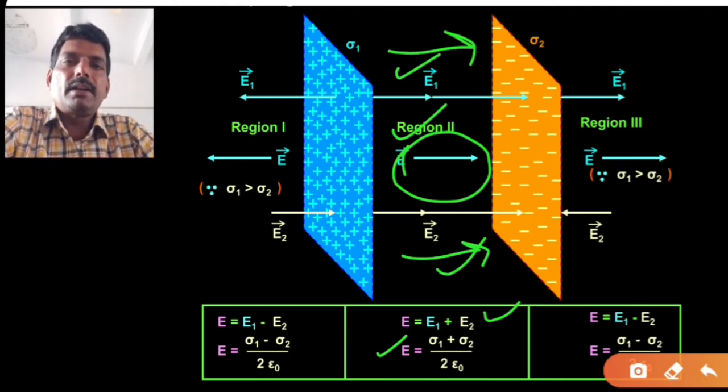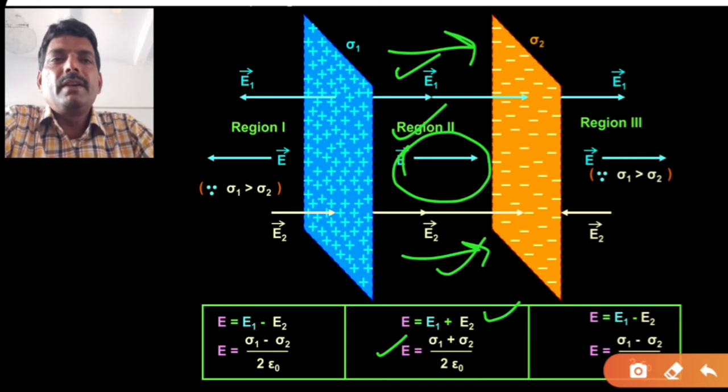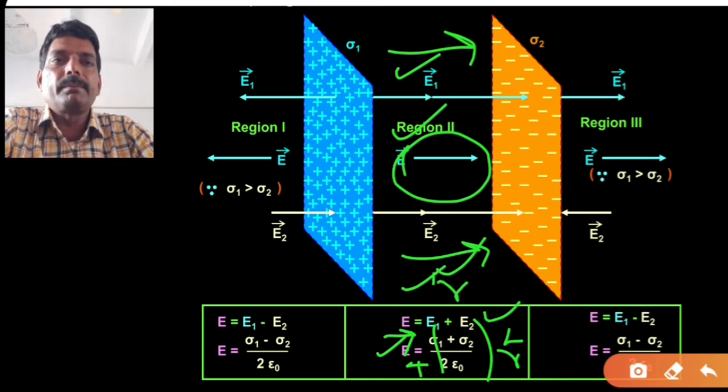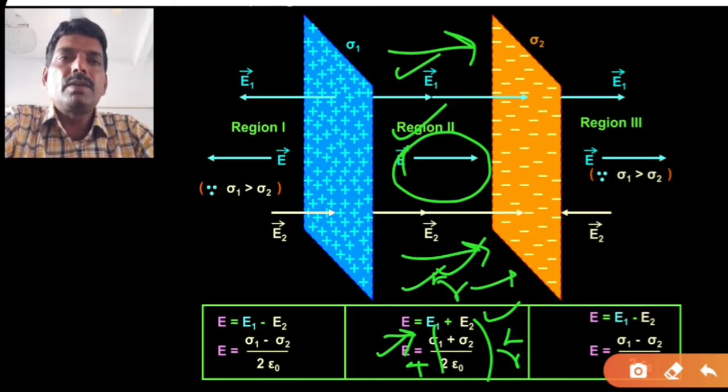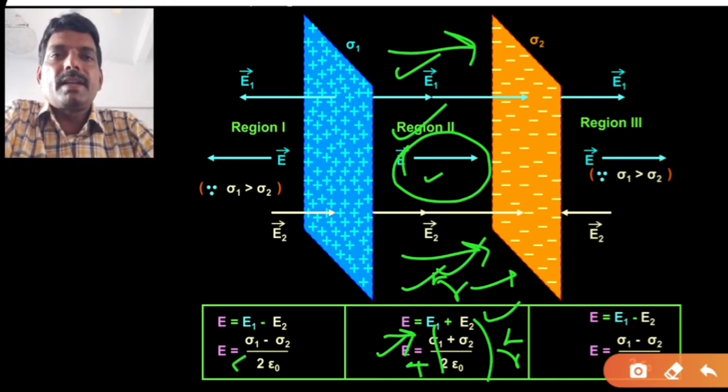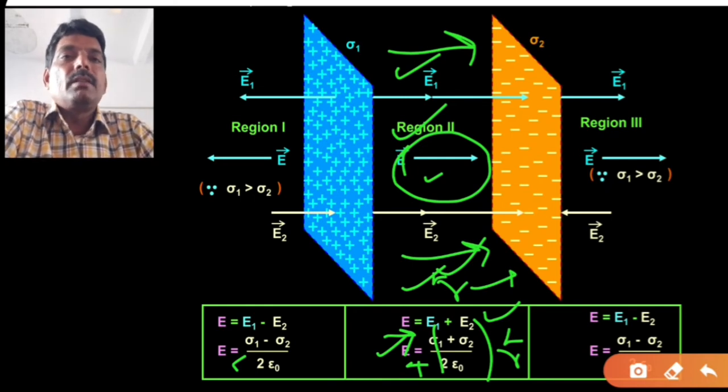In the vector form also you will get resultant electric field E is equal to plus this bracket into r cap, because the direction is same as that of r cap. जो आर कैप की डायरेक्शन है उसी की डायरेक्शन में रिजल्टेंट इलेक्ट्रिक फील्ड की डायरेक्शन है, इसीलिए वेक्टर फॉर्म में प्लस साइन आएगा, यहाँ पे माइनस साइन आया था पहली केस में रीजन 1 में.